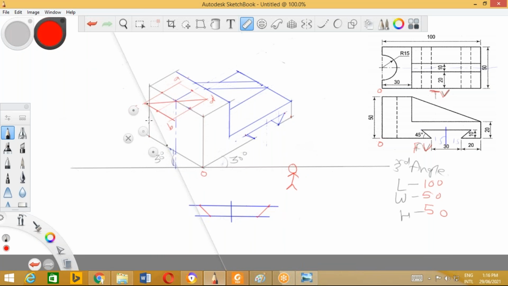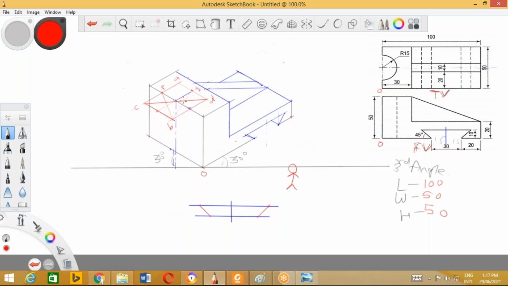Now I'll join these points around this. B will be joined with P and Q. Already we have discussed. And B with Q. So we'll get this particular point, the center point which we are going to use.